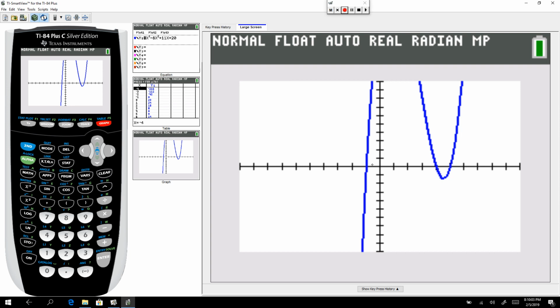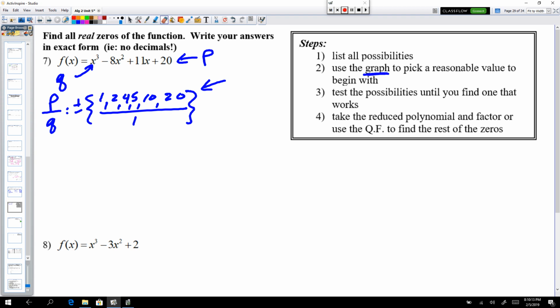So I'm going to take this negative 1 here. It appears that it's a root. It was certainly on my list of possibles. Let's go check to make sure. That negative 1 root, let's start there. If I try a root of negative 1, that root of negative 1 goes on the outside. My polynomial coefficients go up top. And hopefully I take this out and I have no remainder, right? Because that's how we get good factoring work. There's no remainder. So bring the 1 down, multiply up, add down,